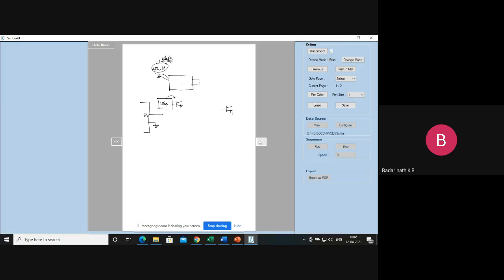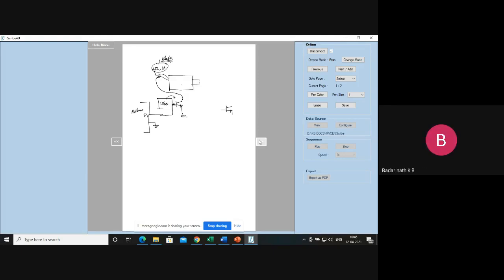Then I take a transistor available in the market. Lots of transistors are available which can support 1 amp current. Now 12 volts I'll connect here. The other leg of the DC motor I'll connect to the collector of my transistor, and the emitter I'll ground. Now the base of the transistor, which requires a very small voltage to turn the transistor on and off, I'll connect to the 5 volts of your Arduino board.